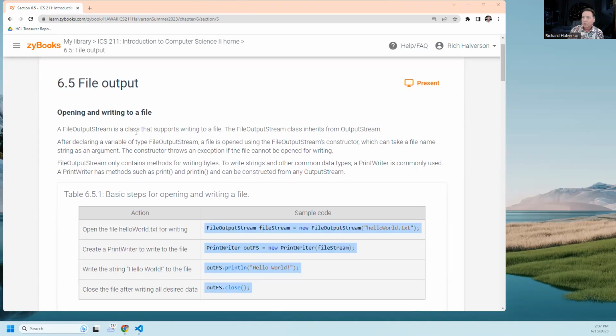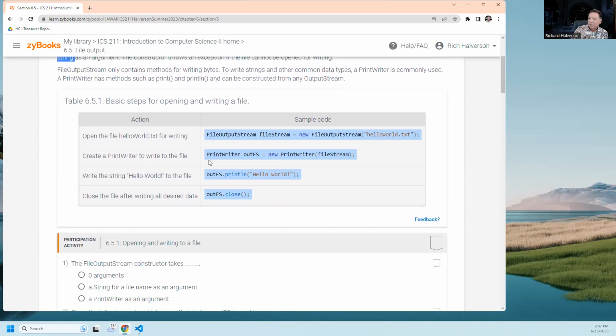It points out here that FileOutputStream is a class that supports writing to a file, and it inherits from OutputStream. After declaring a variable of this type, a file can be opened using the constructor, which can take the file name as a string argument. So to open the file, say helloworld.txt, you would